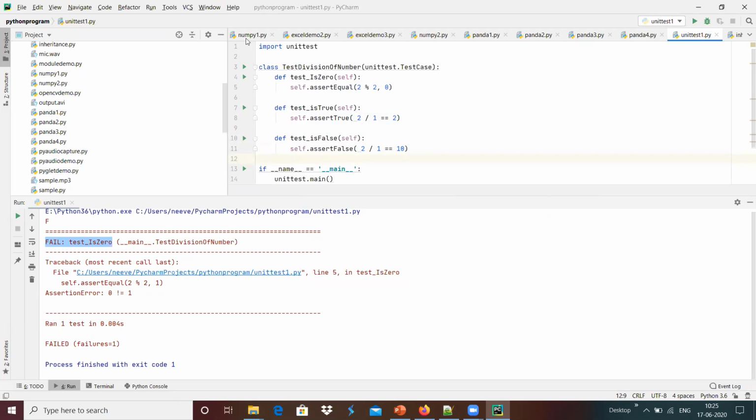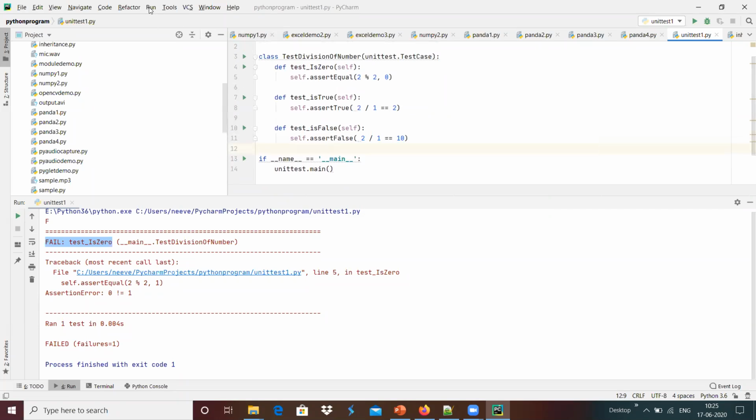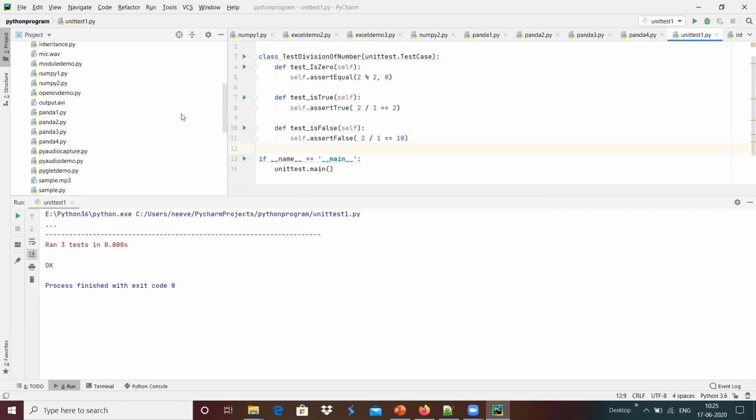And whenever we run, we have the 3 test cases over here that have to be executed. For example, I'm going to run this. Now we got 3, it has 3 test cases. 3 test cases are executed, and we got the output of OK over here. This is something like simply doing a manipulation in our function. And if suppose we wanted to do the validation of another module, we can do that, maybe I'm going to create functions over here.